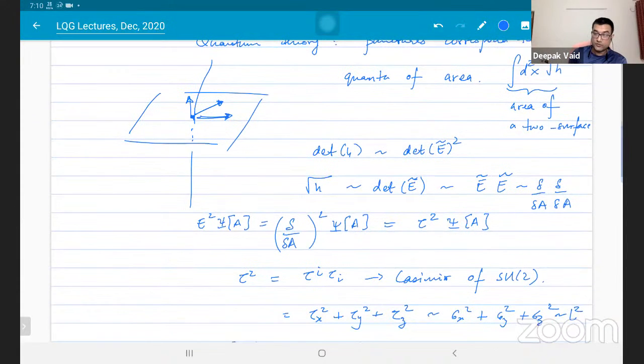It makes sense that if you don't have any puncture, you don't get any area, you don't get any quantum. And if you have a puncture, you get a quantum. So in the quantum picture, there is no issue with this kind of discontinuity. It's when you think about this curve classically that you can think about a curve which is almost tangential to the surface, but not quite. But in the quantum mechanical picture, you can either create a puncture or not.